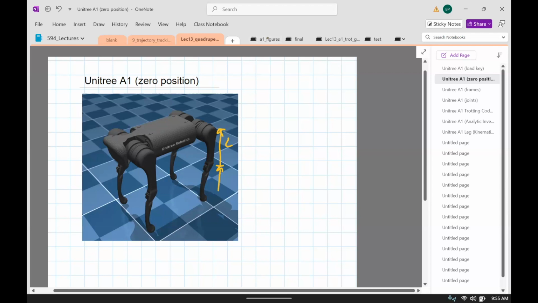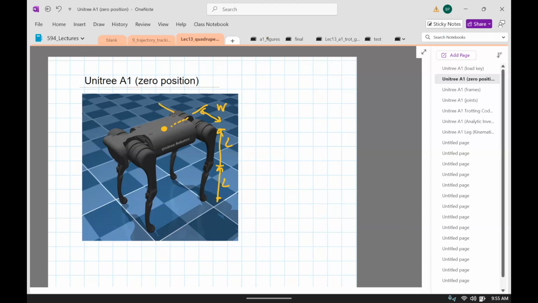There's the leg length, which is one parameter. Okay, so the free joint is right here. So there is this dimension, which is width. And then there is this dimension, which let's just call that C. And these can be found from